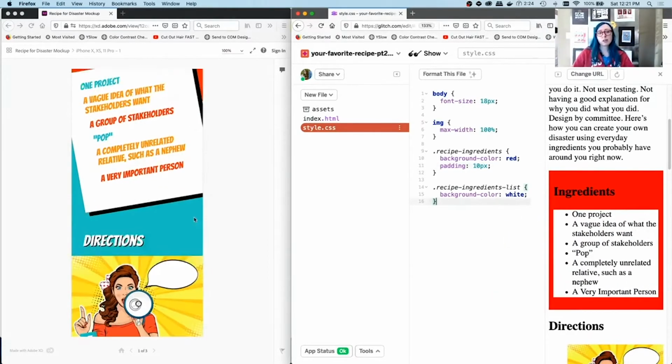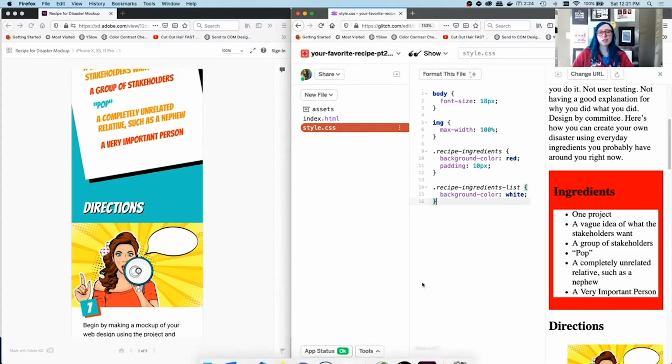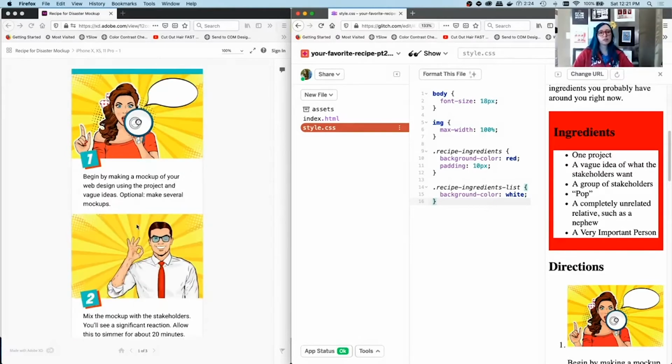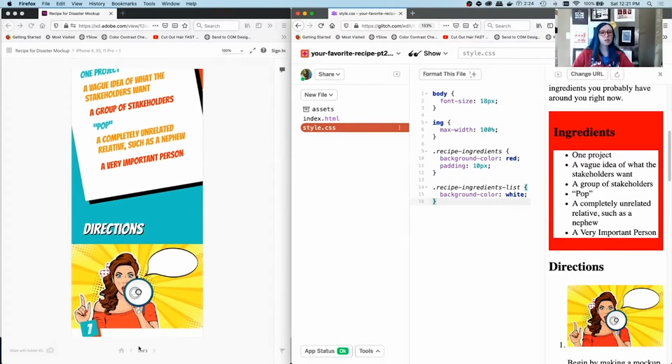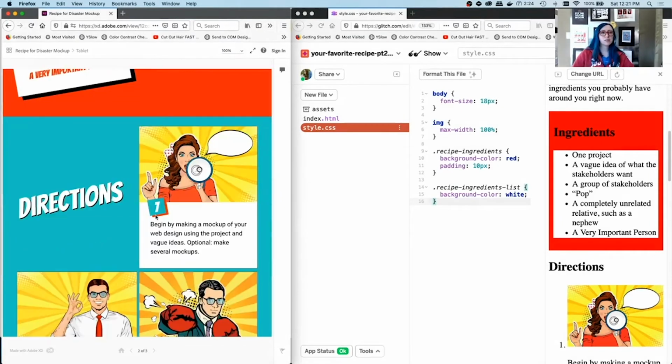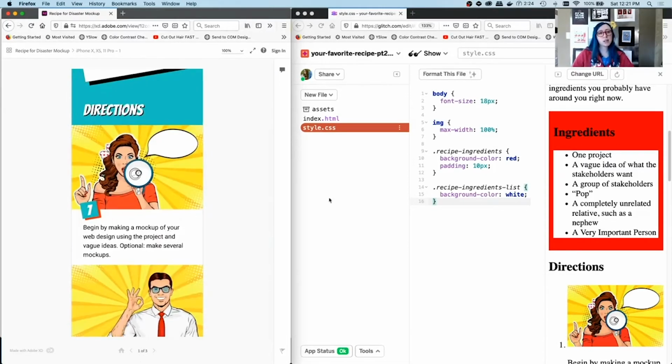So continuing with our rough styles, again, we don't necessarily care about the exact placement, the exact order of things. We just want rough styles in. And we know from our second and third mockups that one of the big rough styles we wanted was a blue background on directions. And again, specific background color, we're not going to worry about it right now. We're just roughing out the styles.